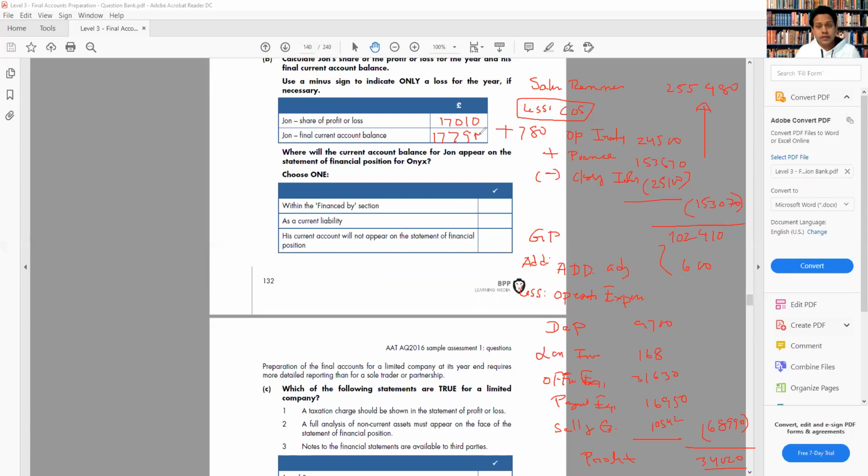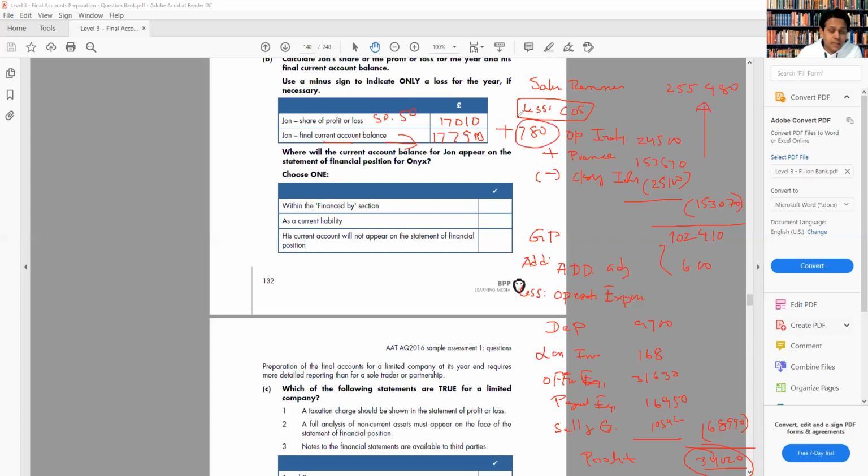So if he makes any profit, obviously that will be added to the new balance. So his new current account final balance will be 17,790. This one is the share of profit. The profit was 50-50, that's why he gets half of the profit. We make 34,020. And this one, the current account balance, added 780 because he already has some balance on the